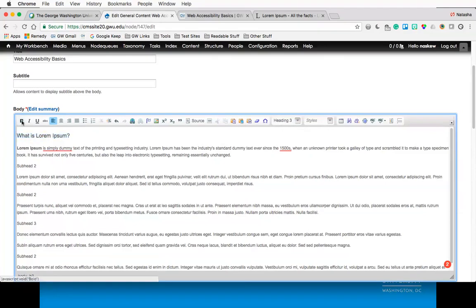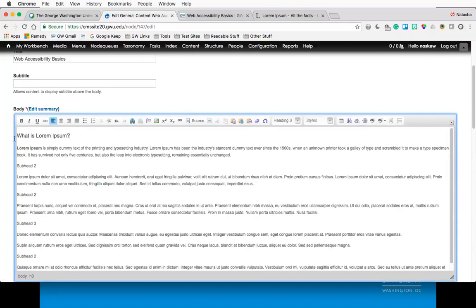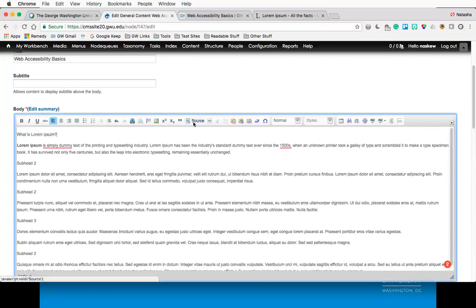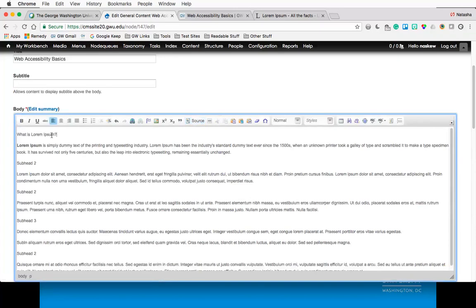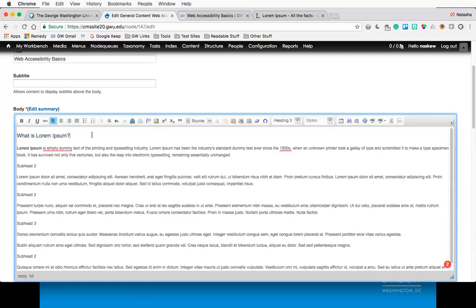And once you do that, if you ever go into the source code for your pages, you'll see that we now have what's called an H3 tag around that text. If we had not put that subhead style on this text, if we had left it as normal, going back into my source code, you can see that this is just a P tag, which is the tag for paragraph. So that is why the search engine crawlers and the assistive devices would have just skipped over it entirely and not recognized that it was actually a subhead, regardless of any other aesthetic styles that you might have placed on